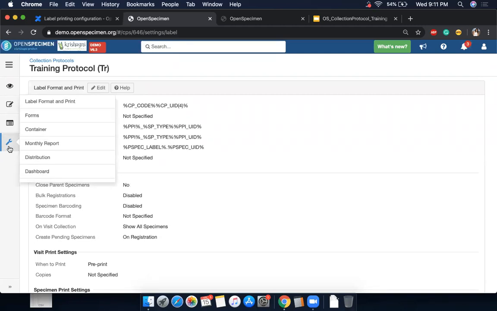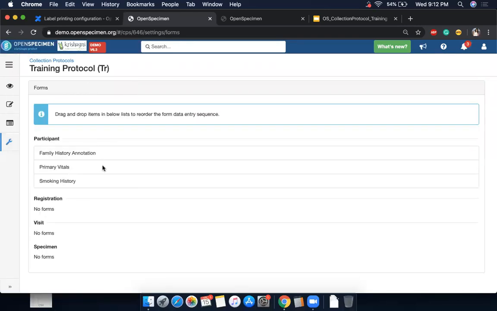Now going into more settings here, as I mentioned, you can have custom forms in OpenSpecimen. And once you set up custom forms, for example, for clinical data, or you might have pathology data, specimen test results, biomarkers, all these can be set up as custom forms in OpenSpecimen, which we'll cover again in another session.